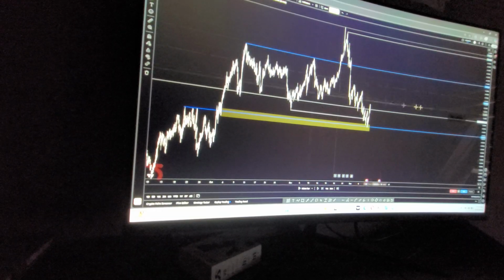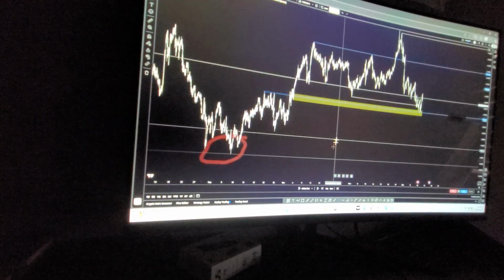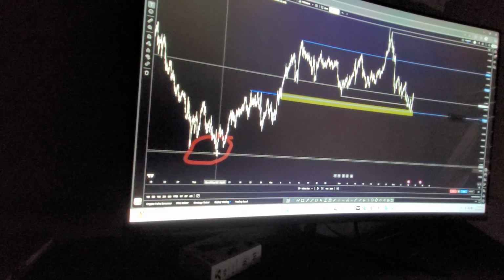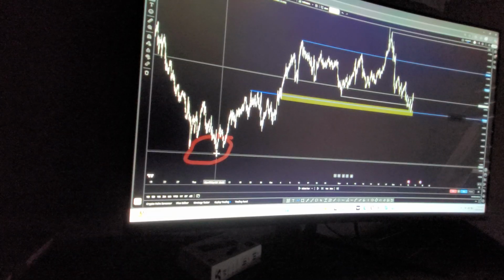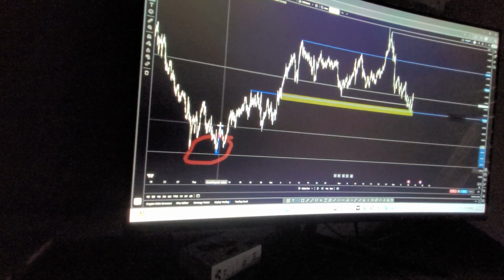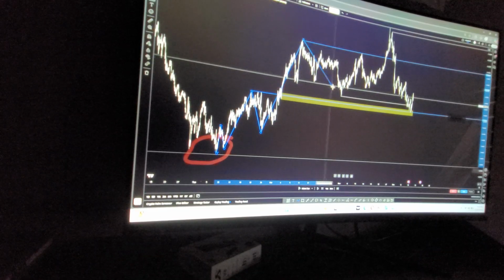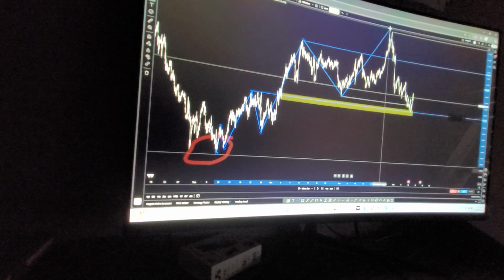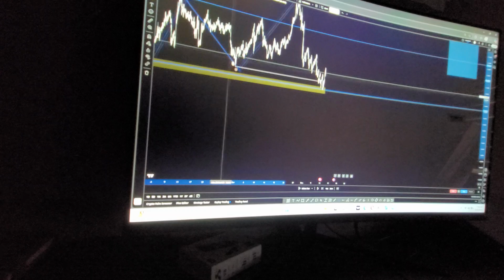I hope you guys are understanding what I'm showing you. This is the low that creates it. Let me point it out for you guys right here. You can see. Let me use that tool so you can see. Now, if I bring out this thing that I used to mark it out,